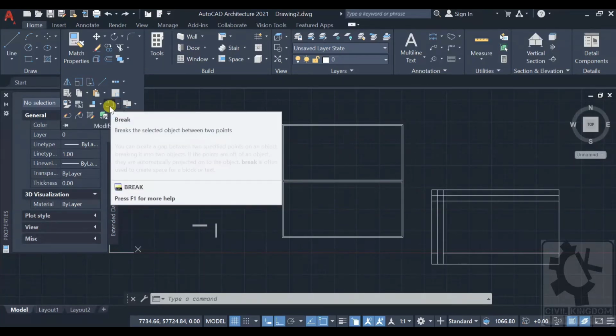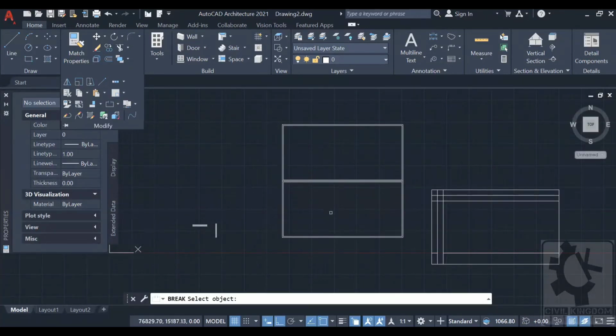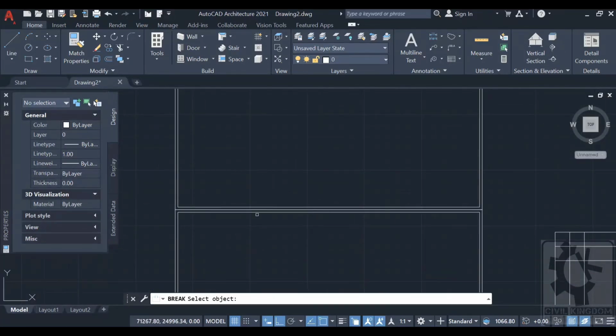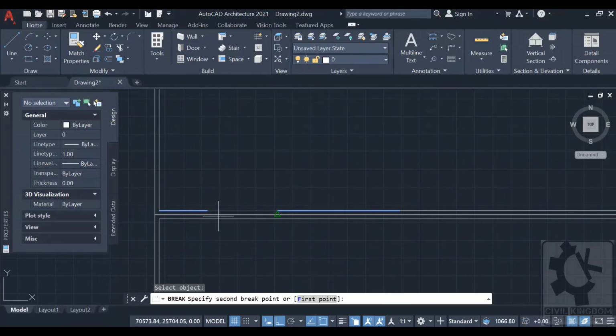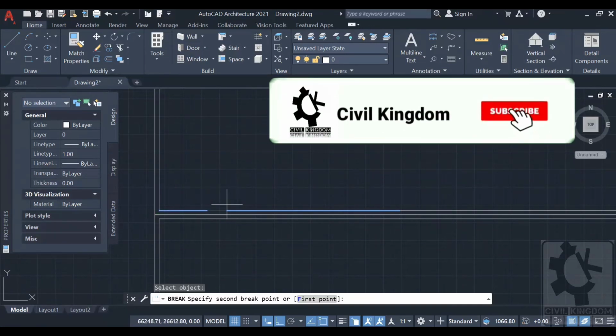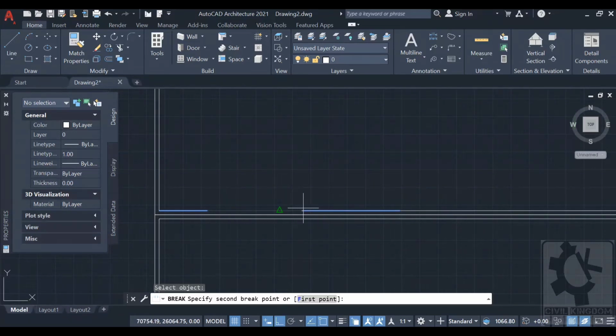Again, if you see, there is a break command. If you click that, it will ask you to select an object. Say this object, I selected with the left click, and as soon as I click with the left click of my mouse, and if I move my mouse in the direction of the object, as you can see, the line gets blurred.